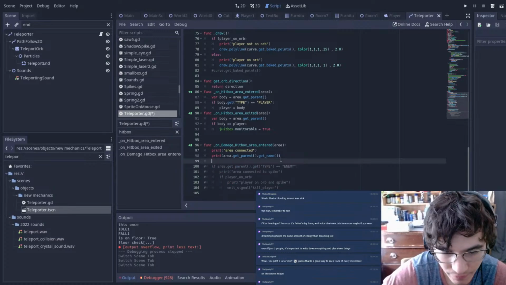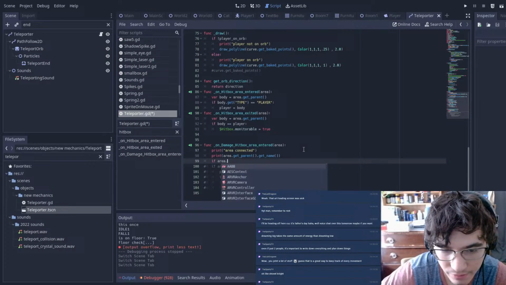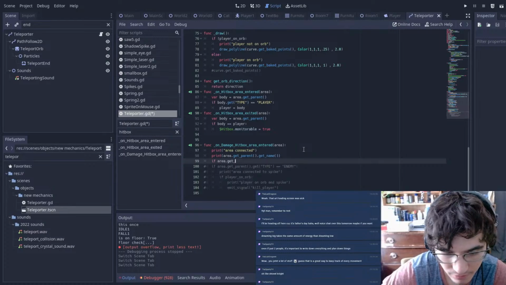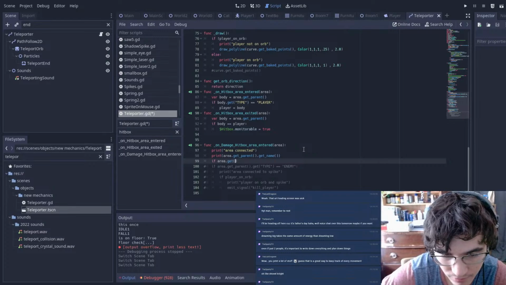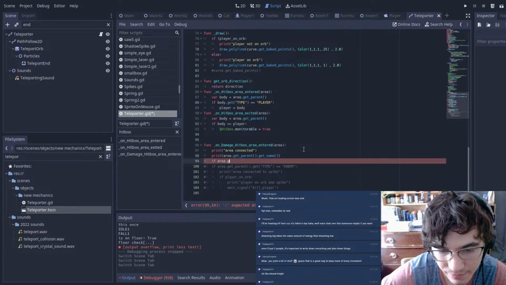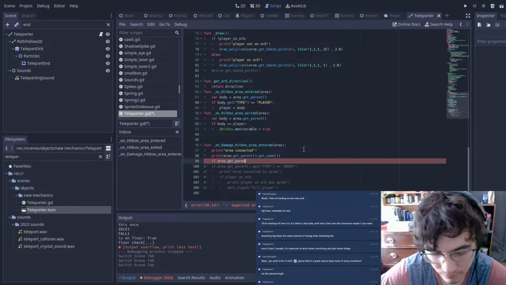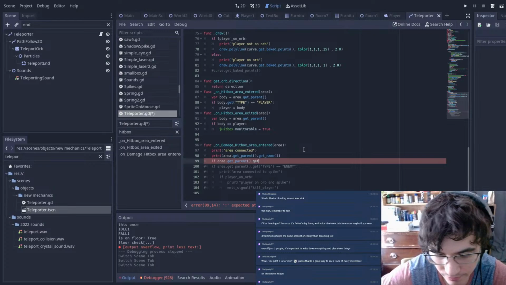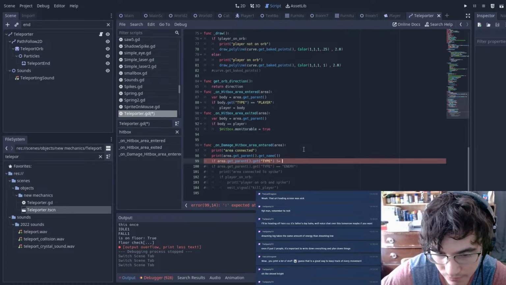We'll just say on area hitbox entered, if area dot get parent dot get type does not equal player, we'll say